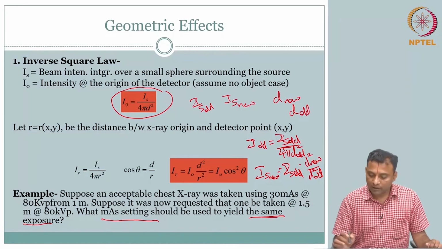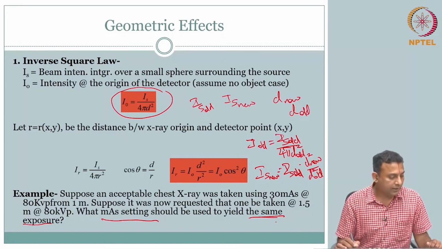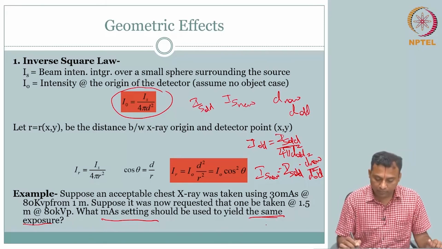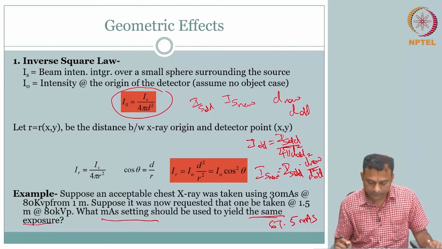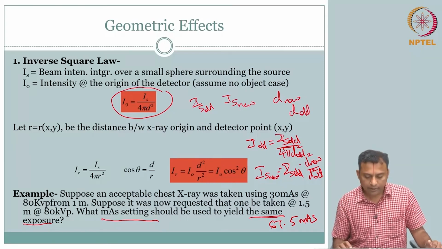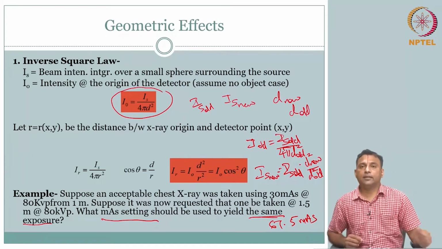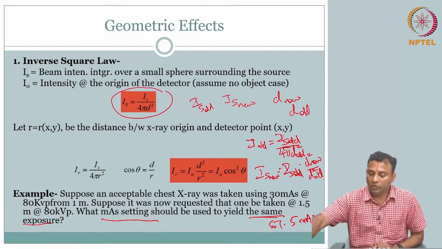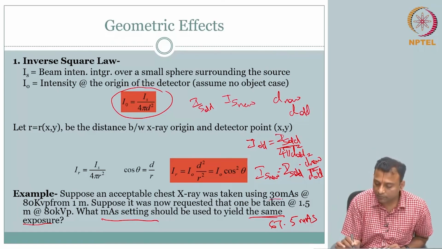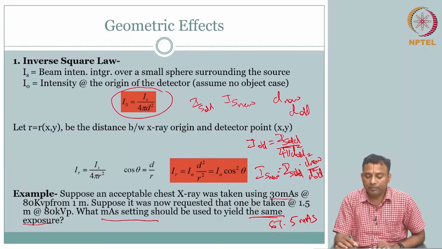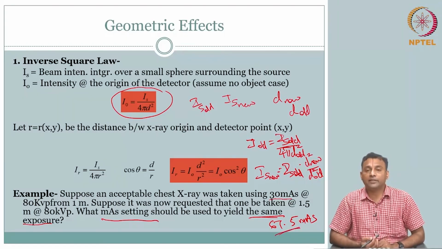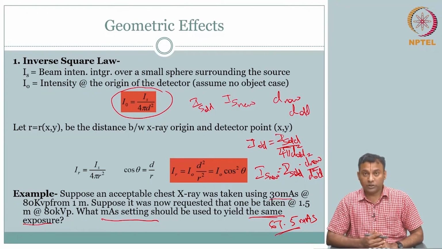What is more important is, of course, if you substitute, you can punch in the given values, you will see that it is coming out to some 67.5 milliampere second. Okay. So you notice why this is important? You are using 30 milliampere second. Now you have to pump up to 67.5 milliampere second to keep the same exposure,